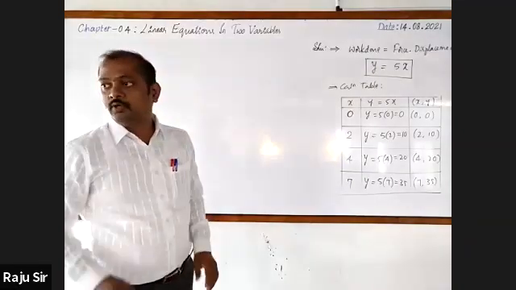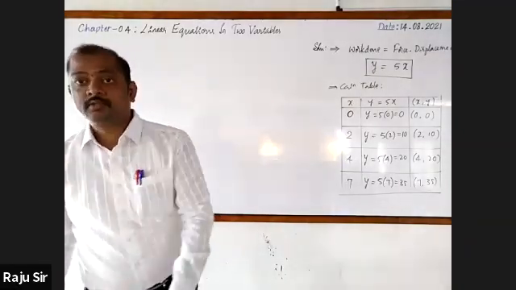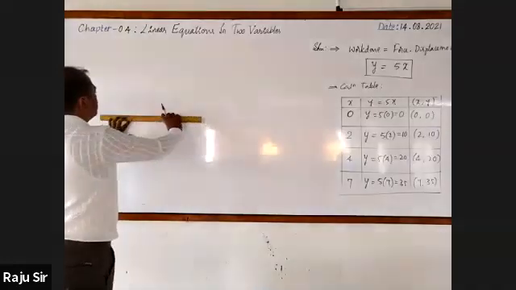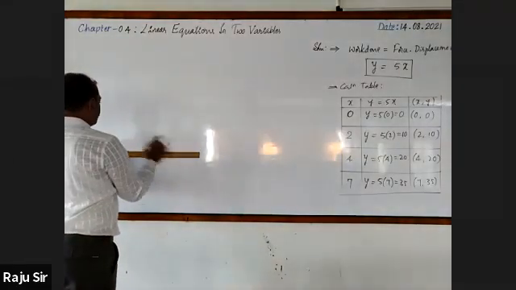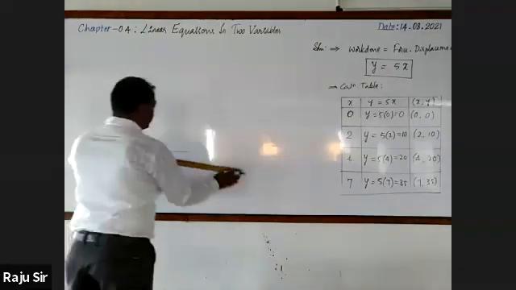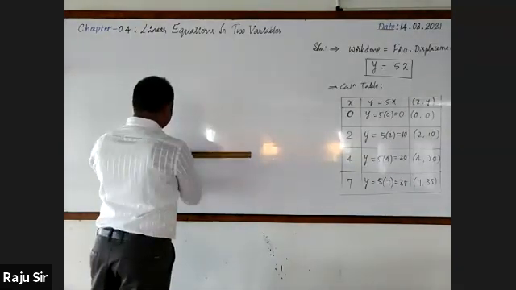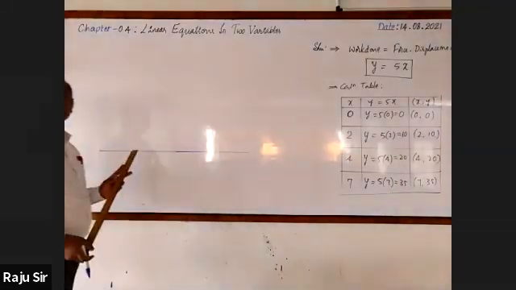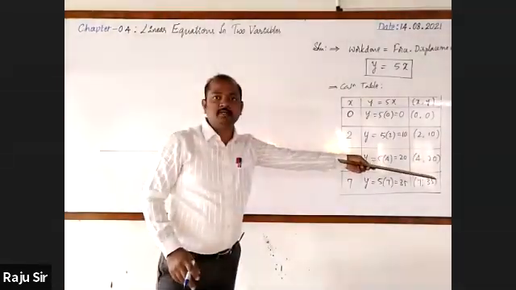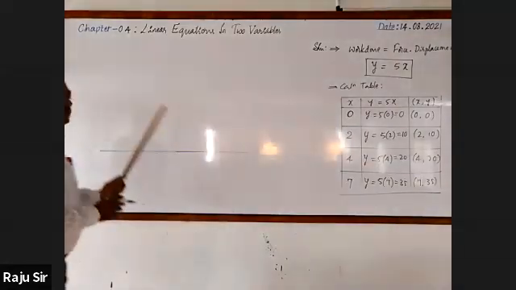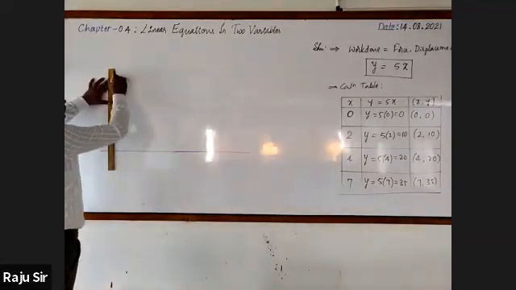Next, you'll go for drawing the graph. For the graph, first you will draw the x-axis and another one is the y-axis. And one more important thing is how the coordinates are. The coordinate points lie in the same quadrant, that is the first quadrant.